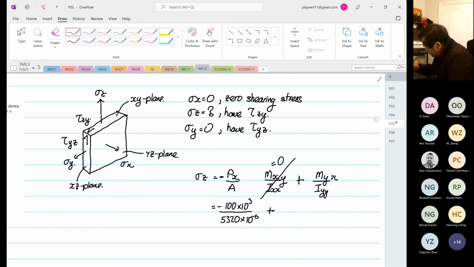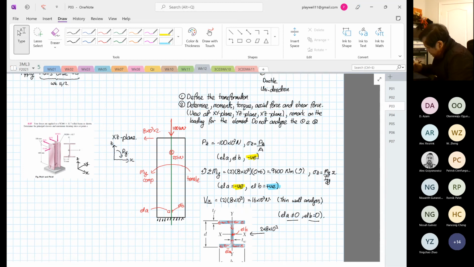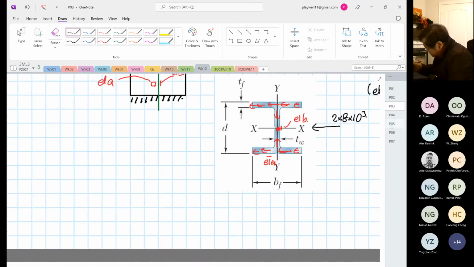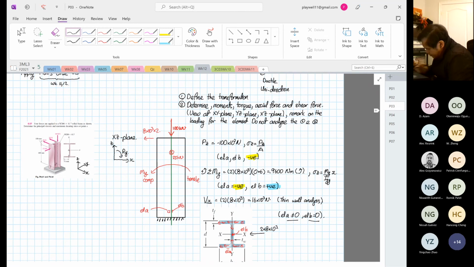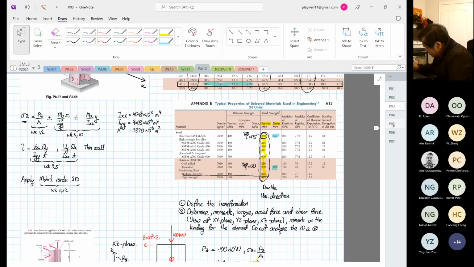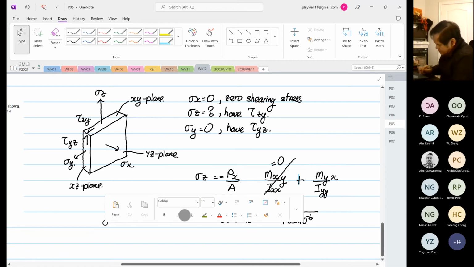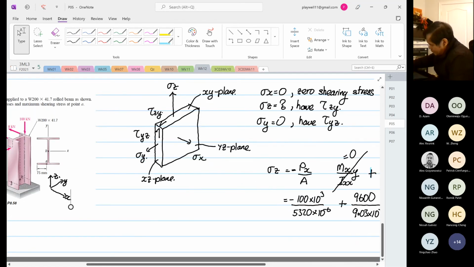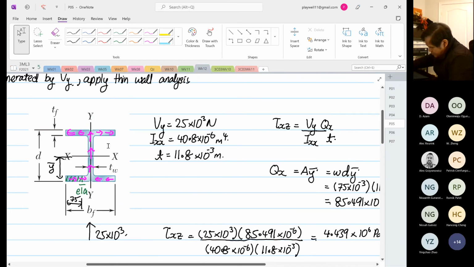Plus by my. Okay, so my is 9600, divide by Iyy. Okay, I don't know what our Iyy is anymore. Divide by Iyy. So Iyy is 9.03 times 10 to the power minus 6. Now the thing is, what is our x distance? Okay, again, it can be confusing at times, and now I'm so confused also. Okay, so x distance,